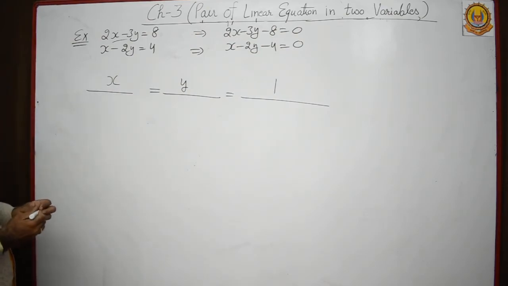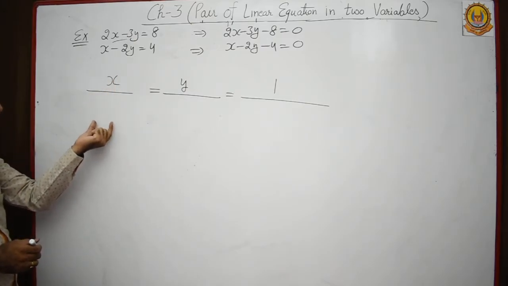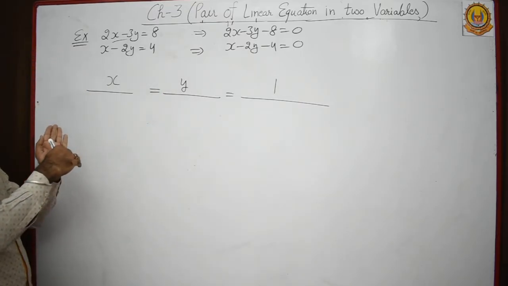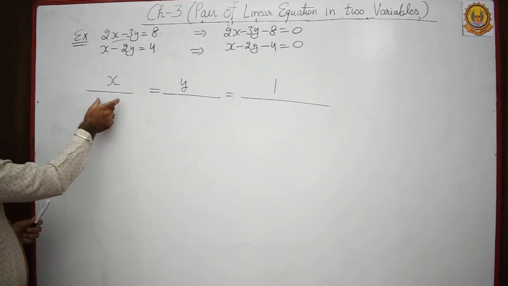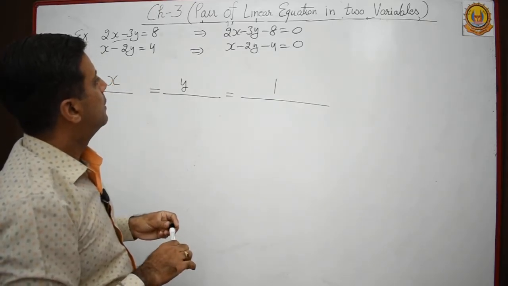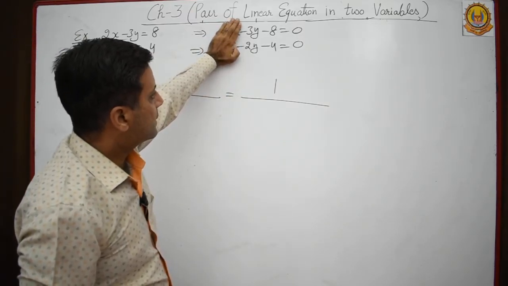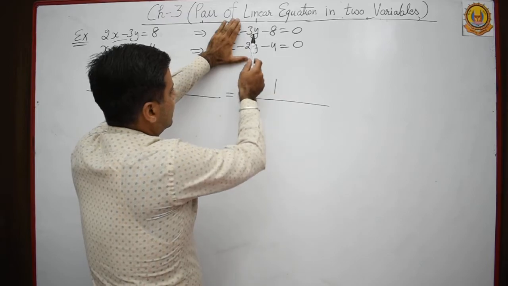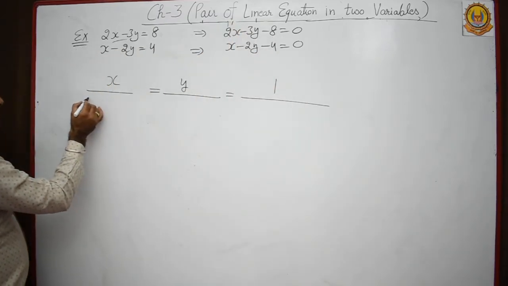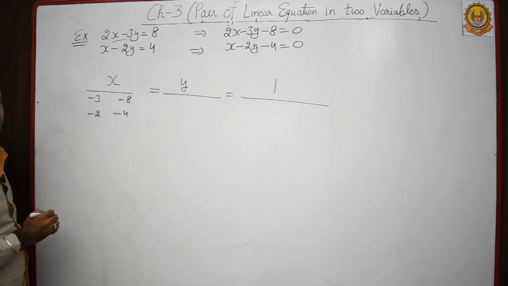Look here. Now I have to find the value of x. So here I will write down some coefficients, here also, here also. After that I will cross multiply, and then by comparing I will get the answer. So whatever you have to write below the value of x, in the denominator of x. So look here, here x, right? So just put your hand like this and check the coefficients. Minus 3, minus 8, minus 2, minus 4. So write down here minus 3, minus 8, minus 2 and minus 4.